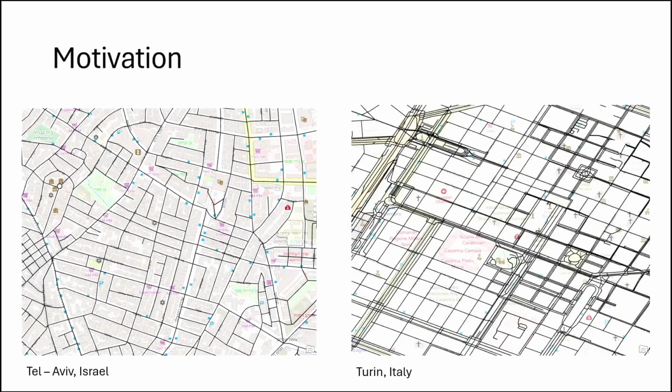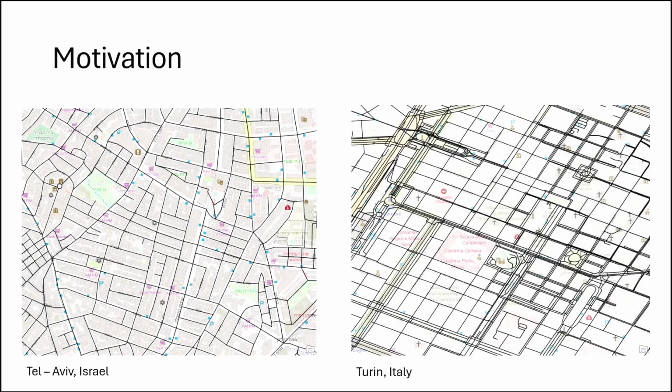But in order to implement this idea, we have to use a well-defined network, which means that every street is represented by one center line. For Tel Aviv, it was very easy to do that because everyone has access to the GIS city website. So we can just download the network and we have a very good network. But it wasn't the case for Torino. So our default option is to go to OpenStreetMap, which is great. But for our case, it's too detailed. And on the right side, you can see the network we got.